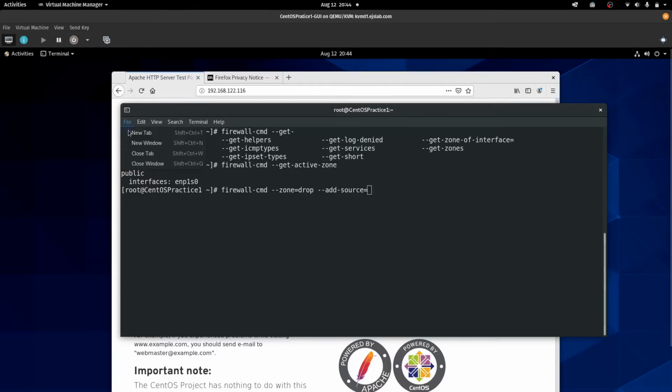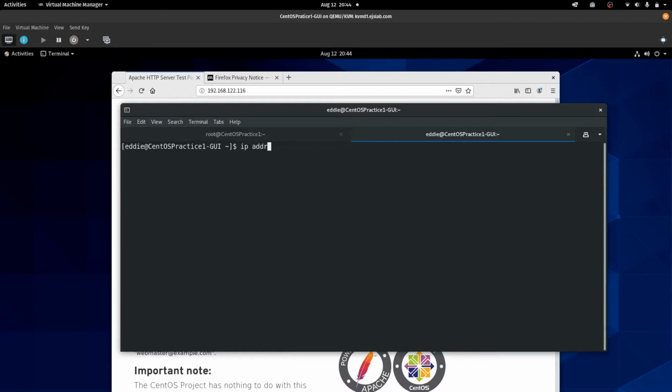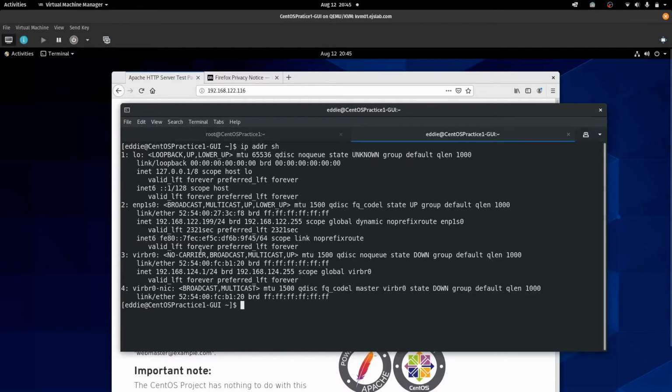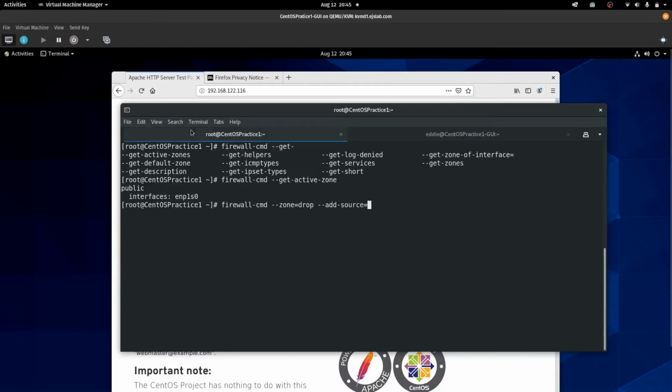So this VM is 199. Add source 192.168.122.199/32. Alright, and if I were to do firewall-cmd list zone equals drop,